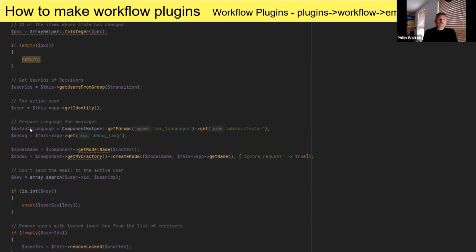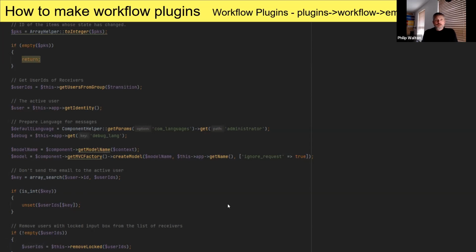So default language for the, you've got it set for. So this will be useful for all those that use languages other than English. Debugging, the whole debugging part. And then we're looking at the model name so that we can now go and get the bits from the workflow model and going through there. Now we've got our users, we're looking for the user IDs,